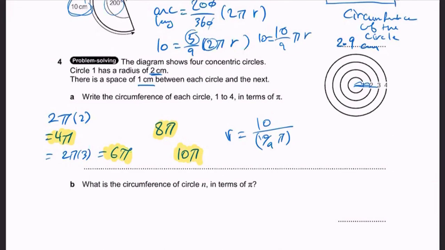What is the circumference of the circle n in terms of pi؟ خلاص أنا باين أهو. تعالوا نكتبهم بقى مع بعض. 4 pi و6 pi و8 pi و10 pi. ها معناها إيه؟ لو دي نمبر 1 ودي نمبر 2 دي نمبر 3 ودي نمبر 4 معناها إيه اللي بيحصل؟